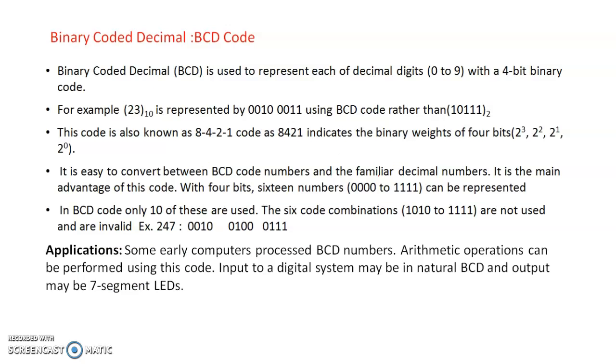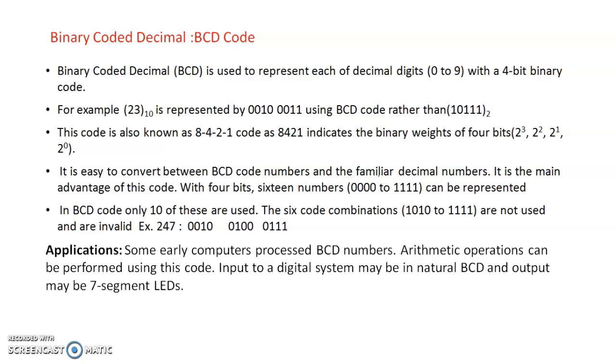So next is binary coded decimal, that is the BCD code. In BCD, numbers are valid from 0 to 9 and numbers above 9 are invalid. So we'll discuss how to convert an invalid number to a valid number. We have to add 6 to that invalid number, then you will get the valid BCD number. So packed BCD means numbers of 2 digits and above, and 0 to 9 numbers are called unpacked BCD. So this is the concept of BCD numbers.